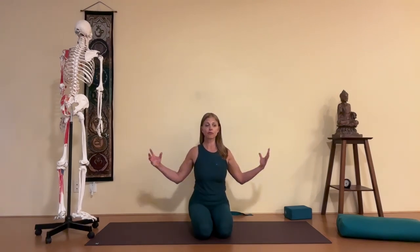So the theme throughout all of the videos on movements and the anatomy of the shoulders that I'd like you to consider is, how can we find a balance between the front and the back of the shoulder girdle? And how can we balance also the mobility, or the movements of the shoulders, with stability, the ability to stay in one place? If we have a well-rounded yoga asana practice, we can also have really healthy shoulders that are both strong, so able to support our own body weight as we bring them through things like down dog, up dog, plank, chaturanga, but also can release really gently as well, so that when we come to stand in an upright position,